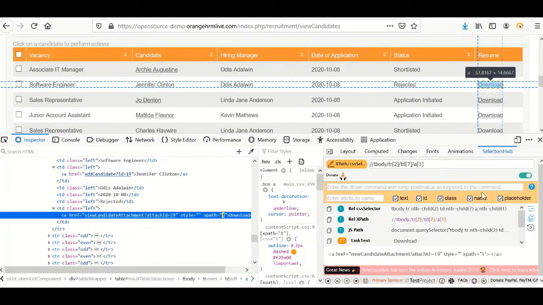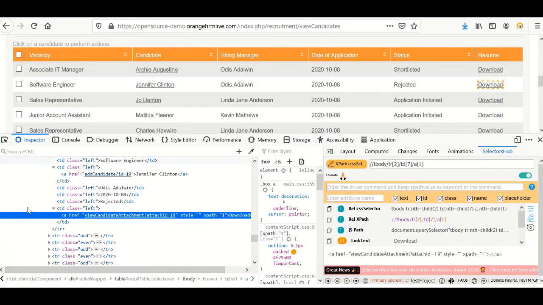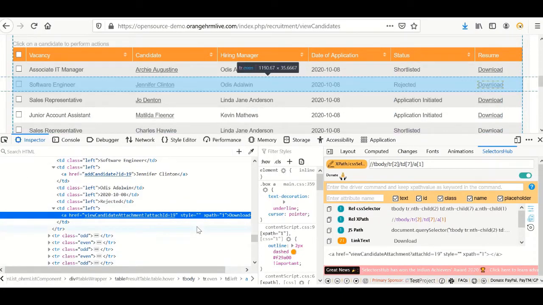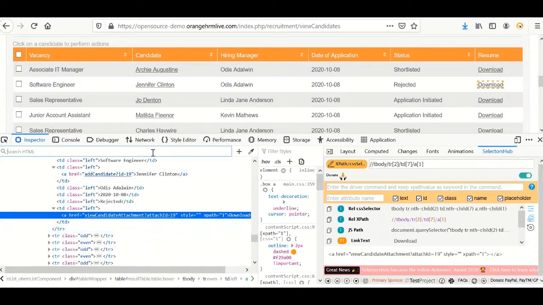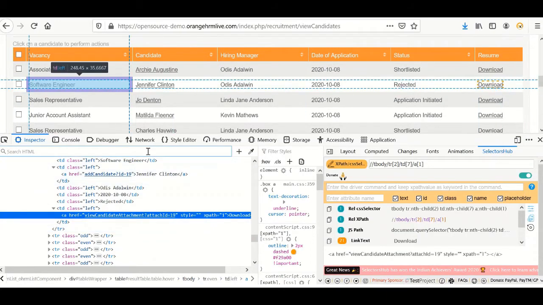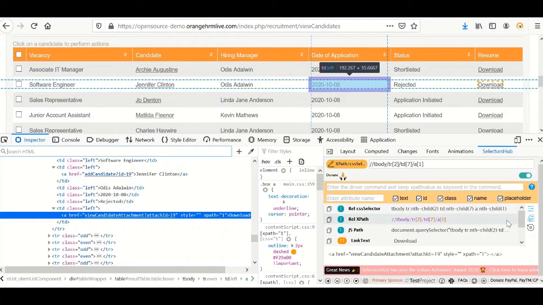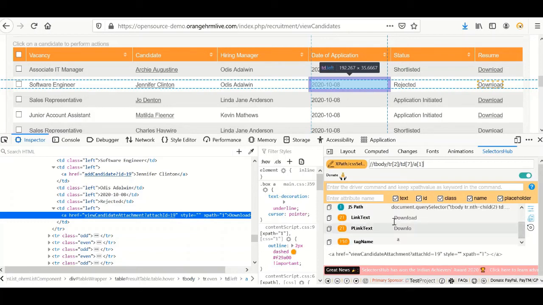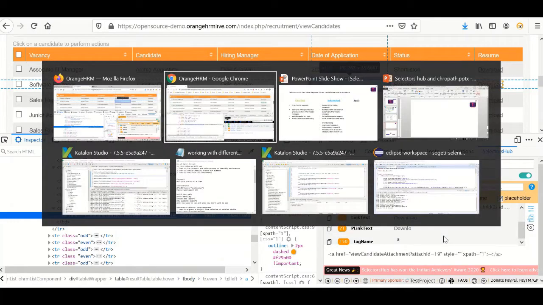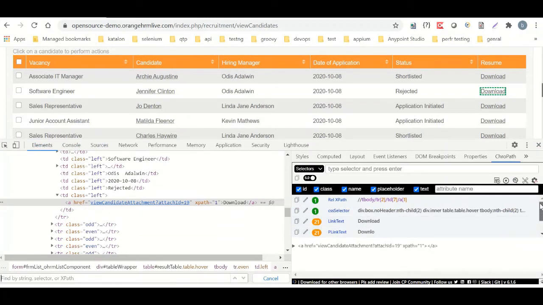using Selector Hub tool. So this is again Firefox dev tool, where you can type in and search for the web element by using different locator strategies such as ID, tag name, class name, etc. But like chropath, Selector Hub also has given you the list of possible locators, and wherein it will tell you the unique locator, and it will tell you a locator which is giving you multiple results. So this is exactly same as in chropath, but in addition to all these